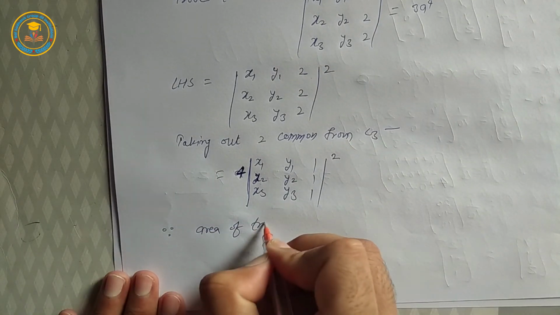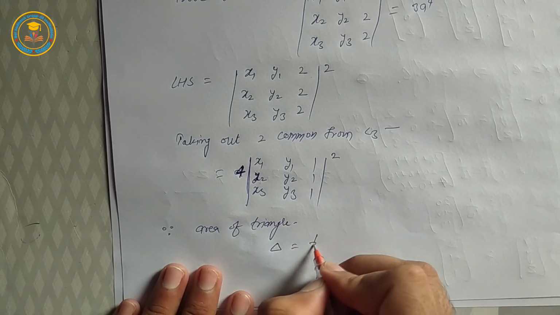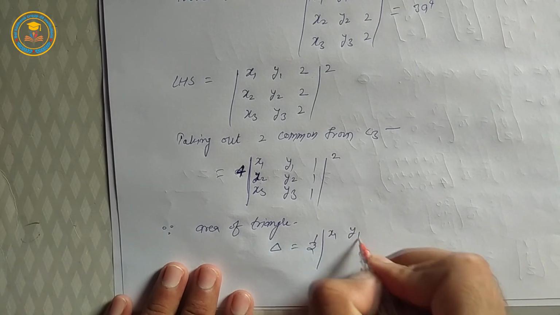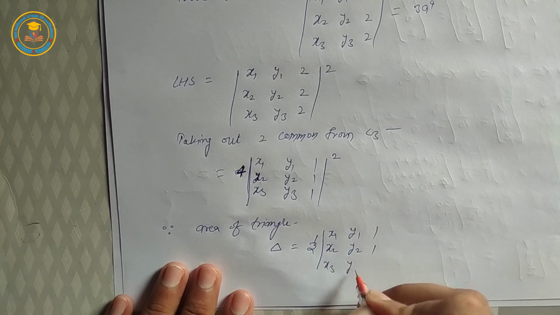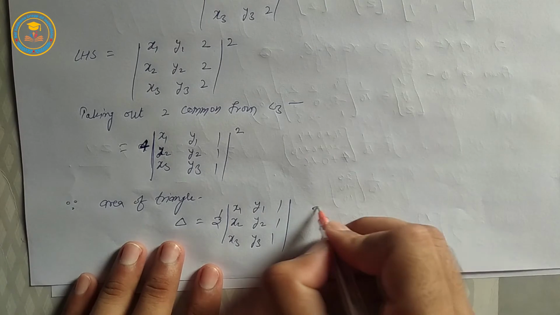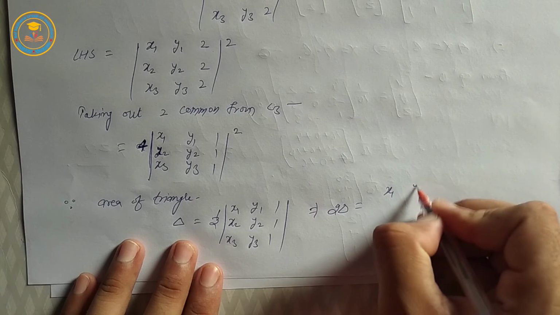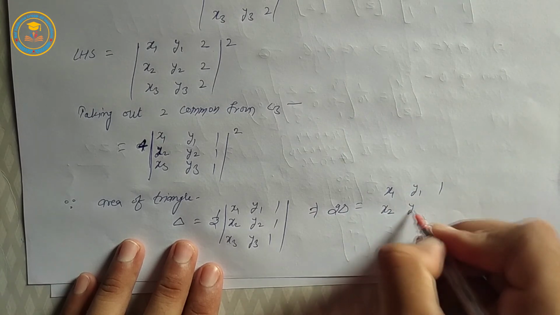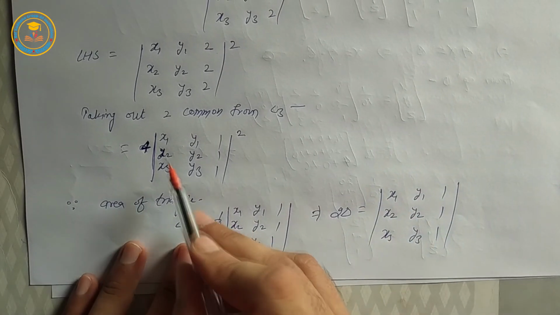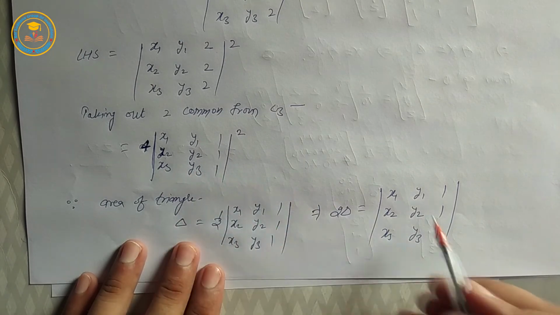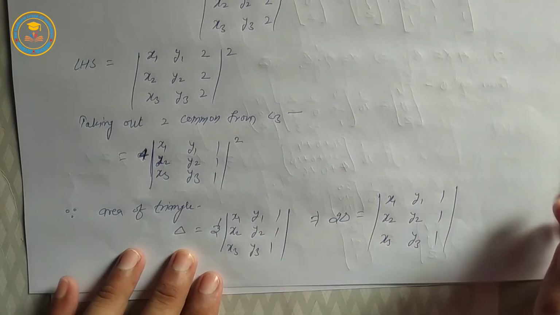area of triangle del is equal to 1 by 2 into determinant x1, y1, 1, x2, y2, 1, x3, y3, 1, okay, implies 2 del is equal to determinant x1, y1, 1, x2, y2, 1, x3, y3, 1, same to same, is equal to 2 delta. Putting the value of 2 delta,